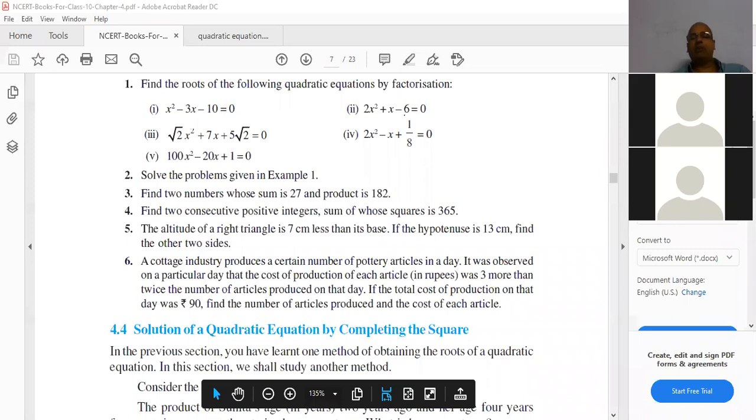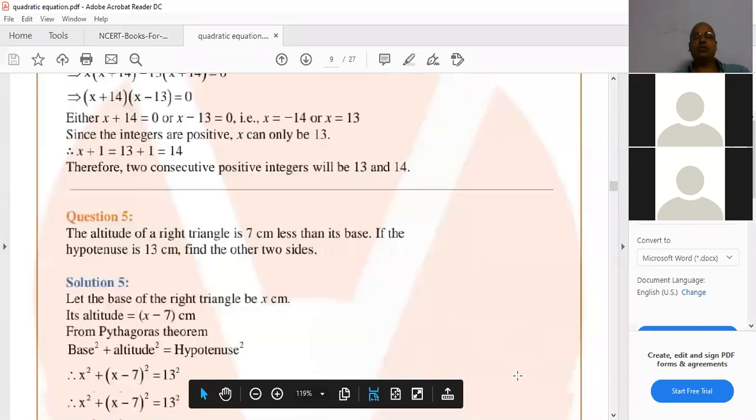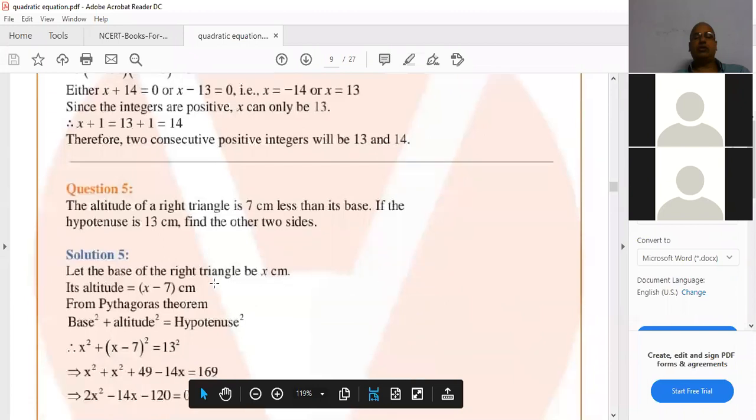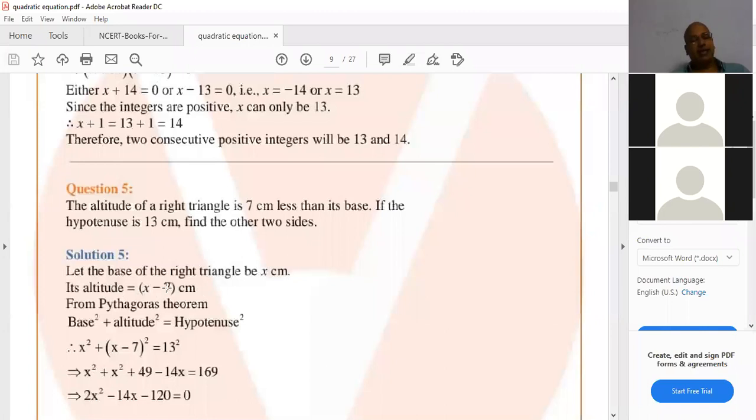Here for this one, you have to draw the diagram: a right triangle, hypotenuse 13, base x. Let the base of the right triangle be x centimeters, and its altitude is 7 centimeters less than its base, x minus 7 centimeters. From the Pythagoras theorem, what you are getting is,